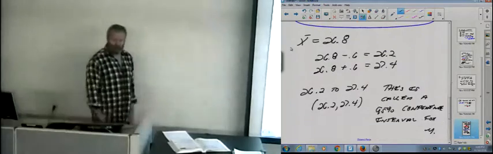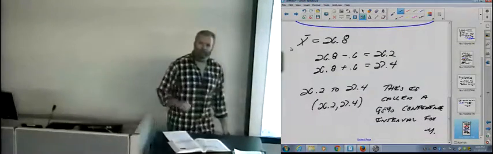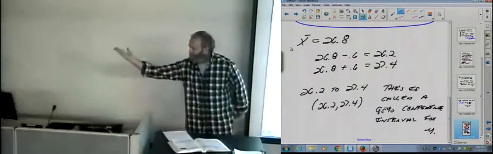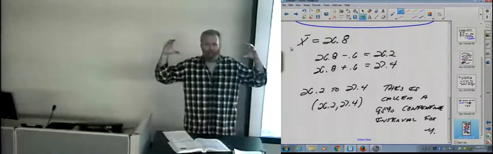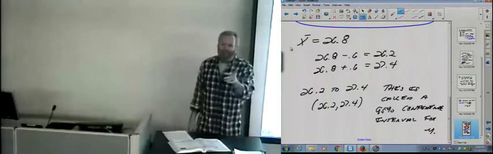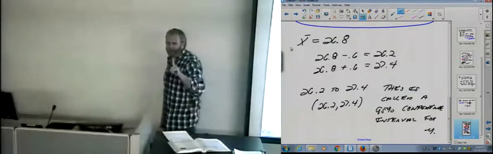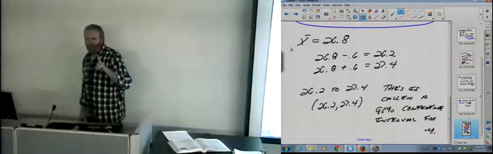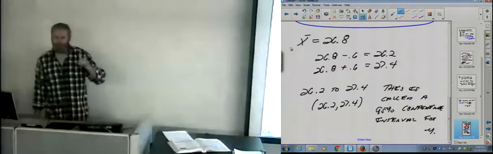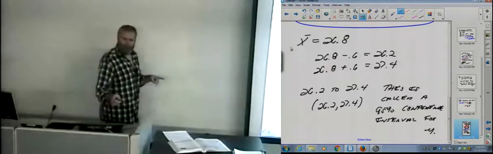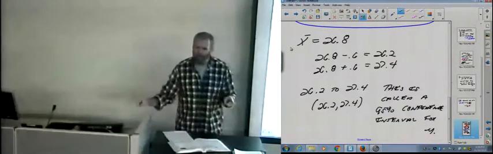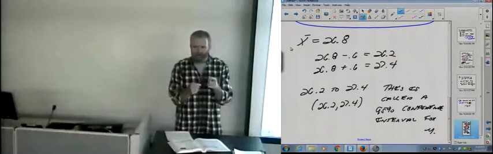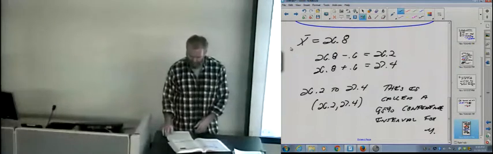See, there's my confidence interval, 26.2 to 27.4. I told you, this is called a 95% confidence interval for mu. It's because we were doing the 95 part, right? Did I ever say that mu's in there? Or did I say that mu was not in there? Never said that. I never said that mu's in there, and I never told you that mu wasn't in there. We did a lot of work to get there, but I'm not telling you that mu's in there, and I'm not telling you that it's not in there. Okay? Now,